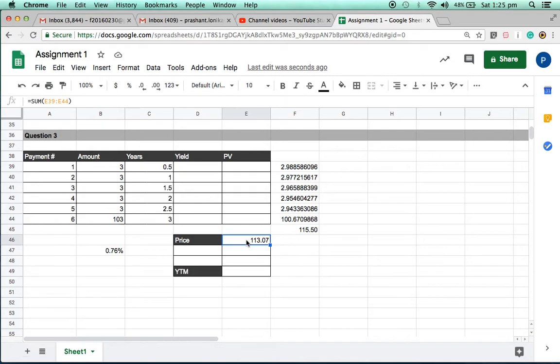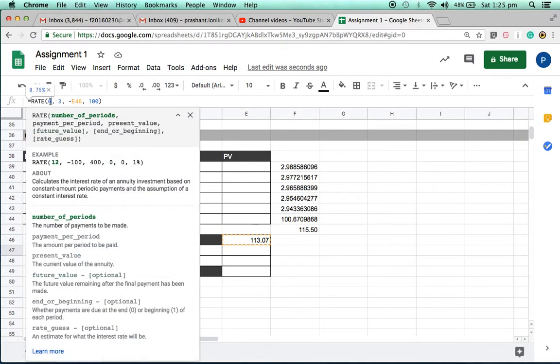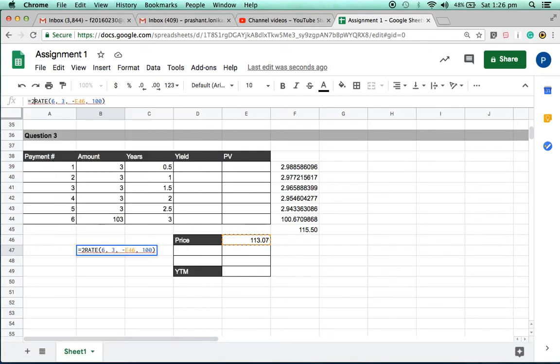So this is the way to actually verify whether the YTM you got is correct or not. And the reason is actually quite simple. If you look at the function, it doesn't know for what length of time it's calculating. It just knows that there are 6 periods and $3 every period, but it doesn't know whether those 6 periods are 6 days, 6 months, 6 years, what. But we know that those are 6 months for 3 years, so we need to multiply it by 2 so as to get an annual rate, because that's how rates are written, annually.